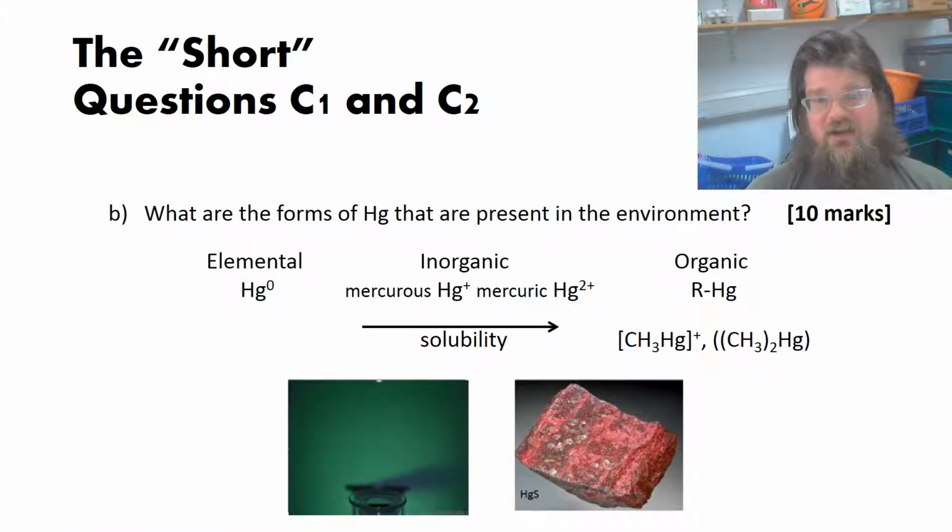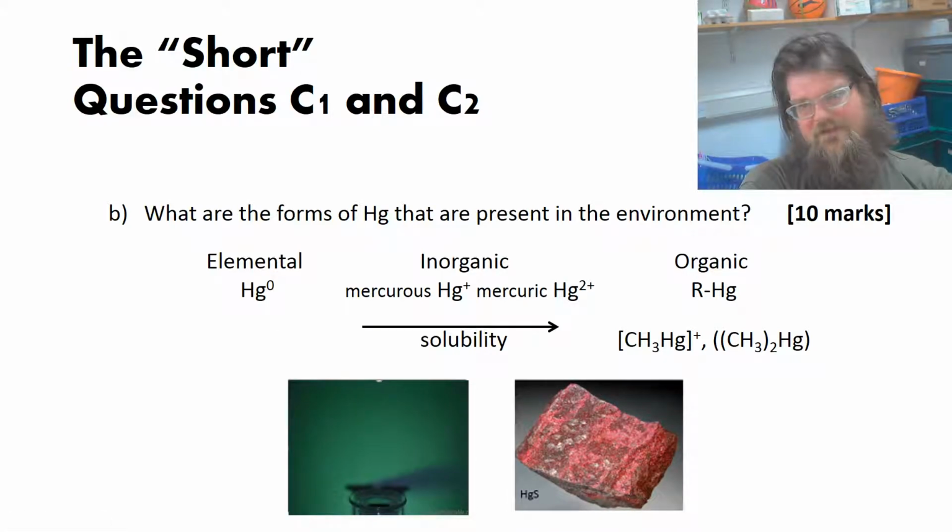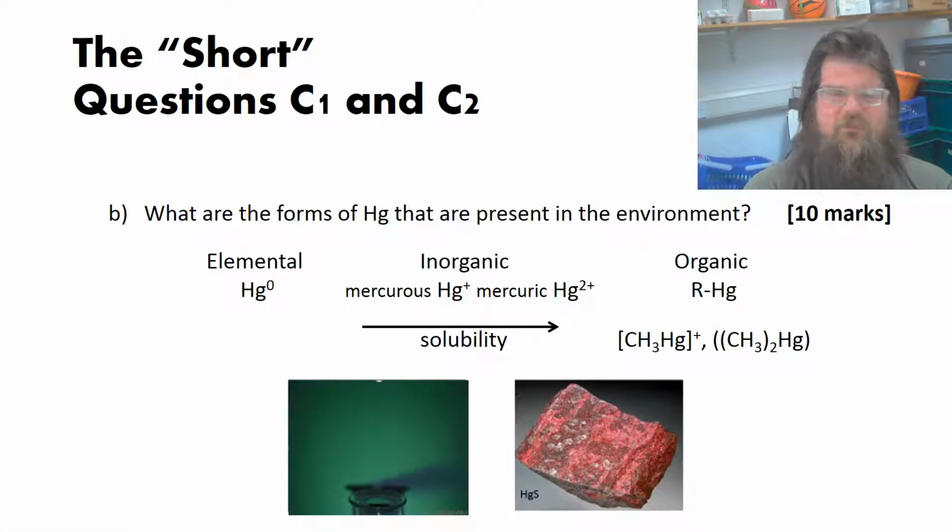What we were really looking for here is basically a list of the different kinds of mercury. We can have elemental mercury, either liquid mercury, which actually is very rare in the environment, even with all of the pollution that we've dumped, liquid mercury from thermometers and chemical weapons factories and all that kind of stuff. We put liquid mercury in the ground, but actually the most common form of elemental mercury is mercury vapor or dissolved mercury in water. We also have more soluble